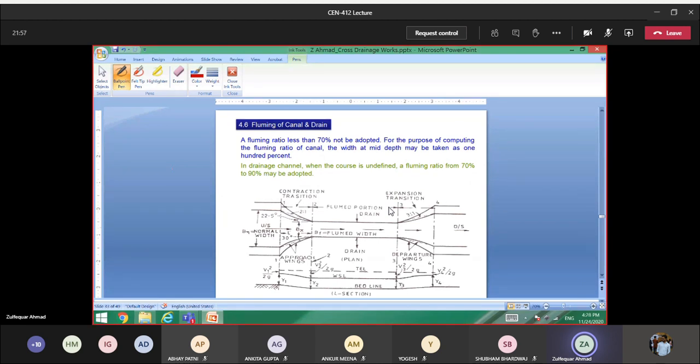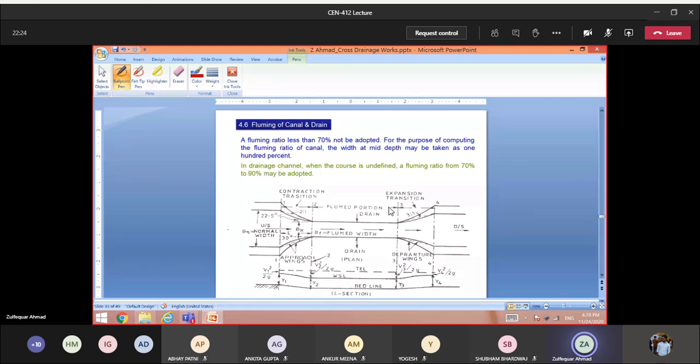Now coming to the fluming of the canal and the drain. If you recall, I had discussed with you that once the river is being crossed, the canal is being contracted, I mean flumed, and the cross section of the canal is being changed. So you can see here,